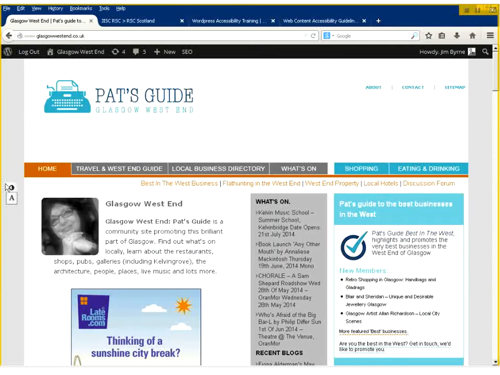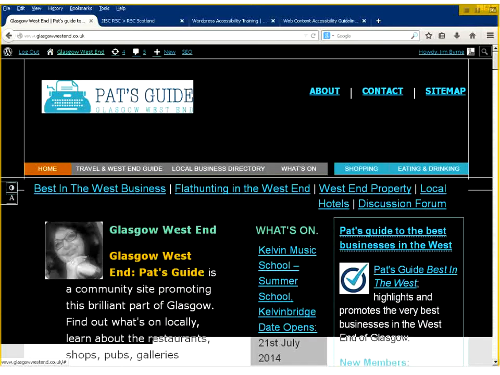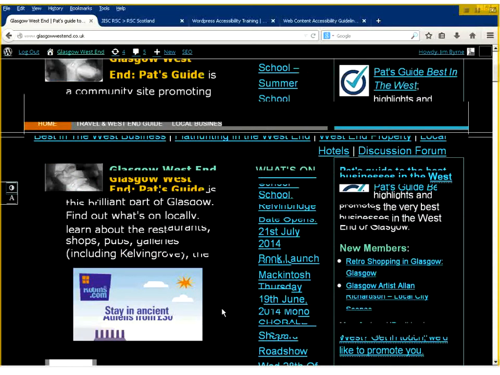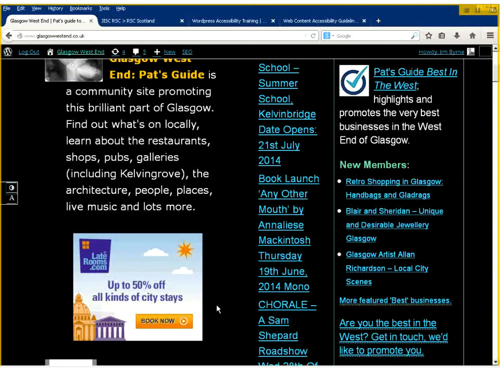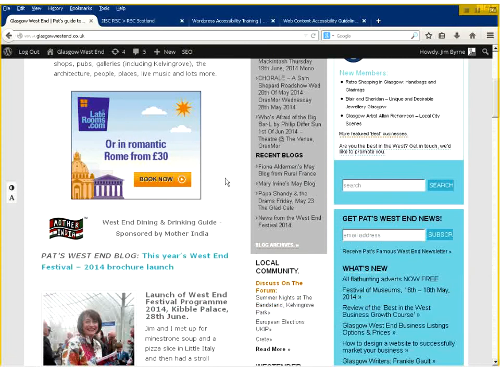Because when we installed the wee plugin, we can now change the size of the text. Very handy. And we can also increase the contrast. Again, some people might find that very useful. So that plugin, that's just two tiny wee things that plugin allows you to do, which instantly makes your site more accessible and more flexible.